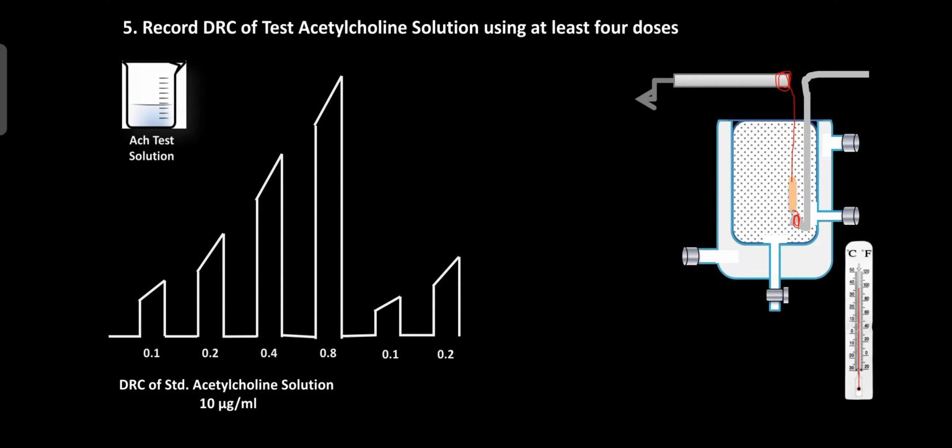So after the washing period, once again record the baseline for 30 seconds and add 0.4 ml of test acetylcholine solution, and record responses due to additions of 0.4 ml of acetylcholine solution for 30 seconds. So after 30 seconds, stop the drum, change the Ringer solution,